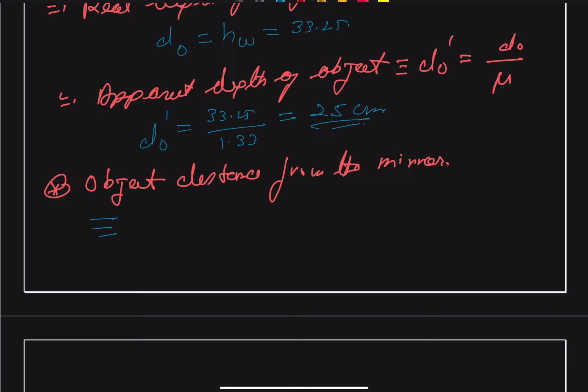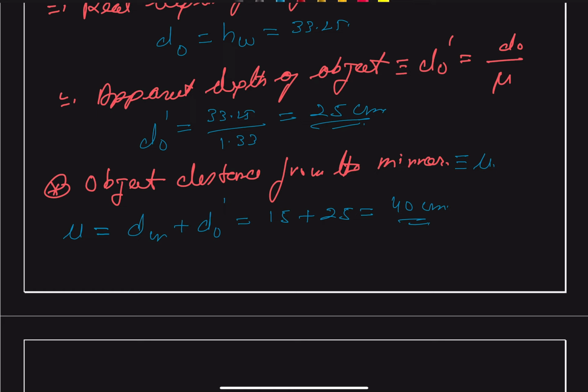So if that is written as u, then this u will be equal to dm plus dO prime. So we have this as 15 plus 25 giving us 40 centimeters,